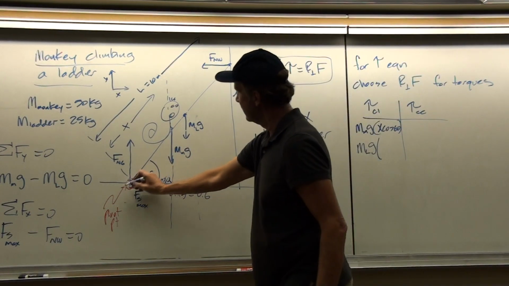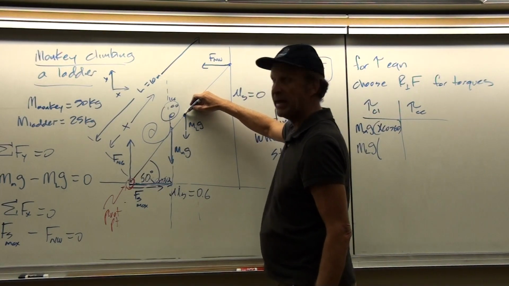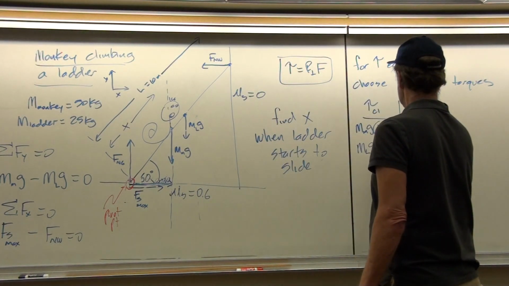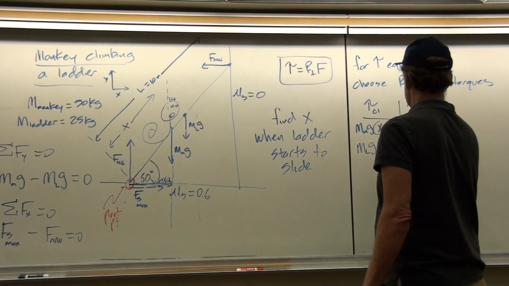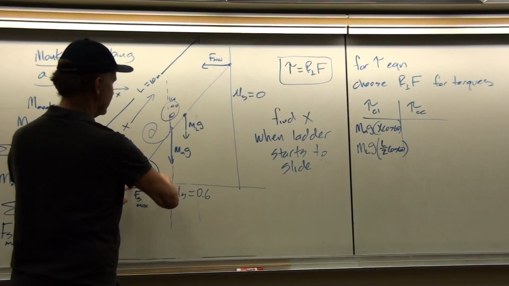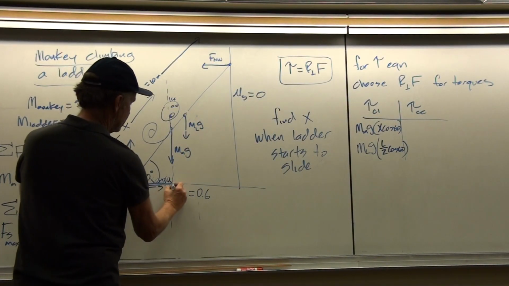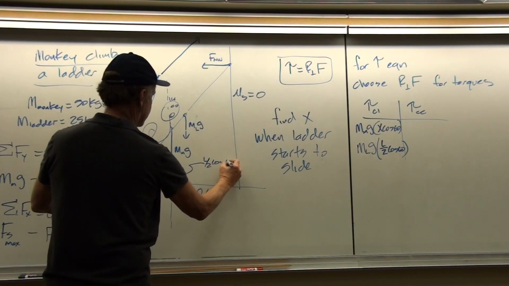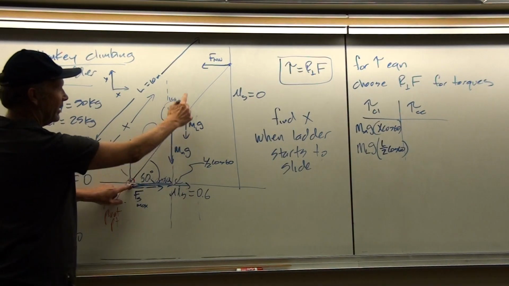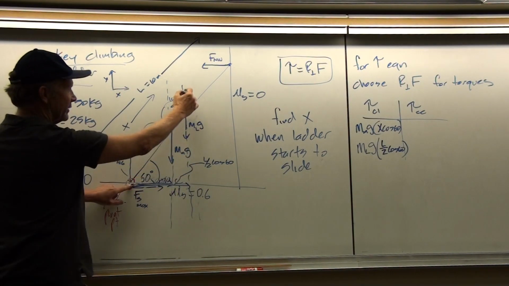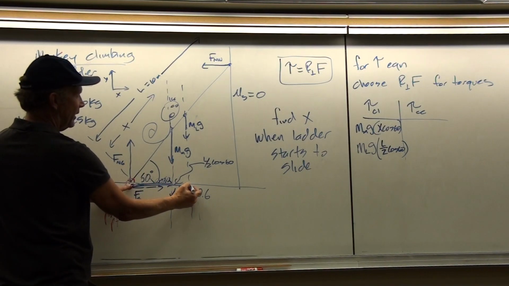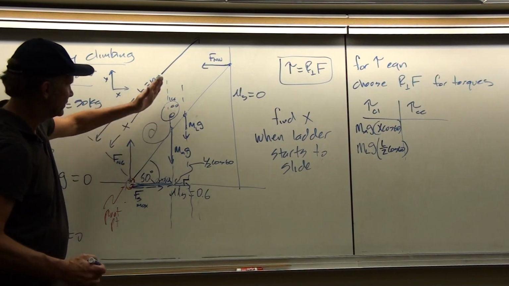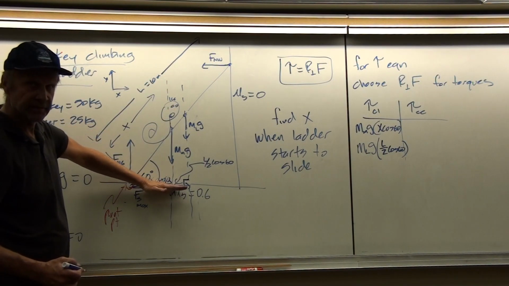Now this distance, though, because we're going to the center of mass of the ladder, is going to be equal to L over 2 cosine 60. Okay, so that's this distance here. This is L over 2. So this distance here is L over 2 cosine 60 from here to there. So that's my R perpendicular. I've extended the force vector line. I've drawn an R perpendicular so that it intersects it at a 90-degree angle. So this distance, L over 2 cosine 60.